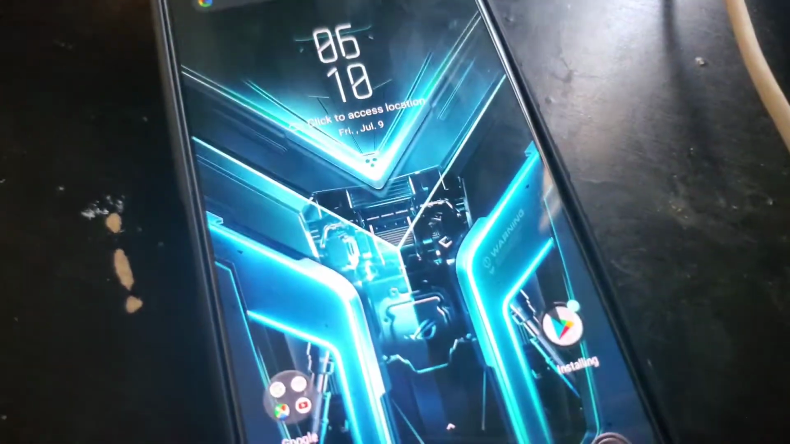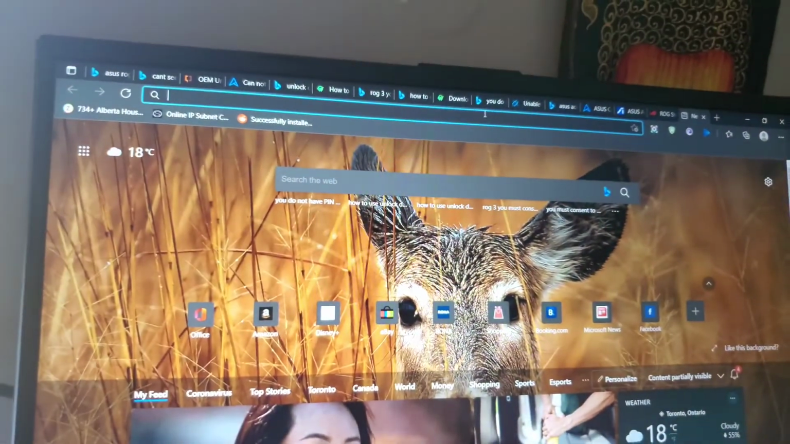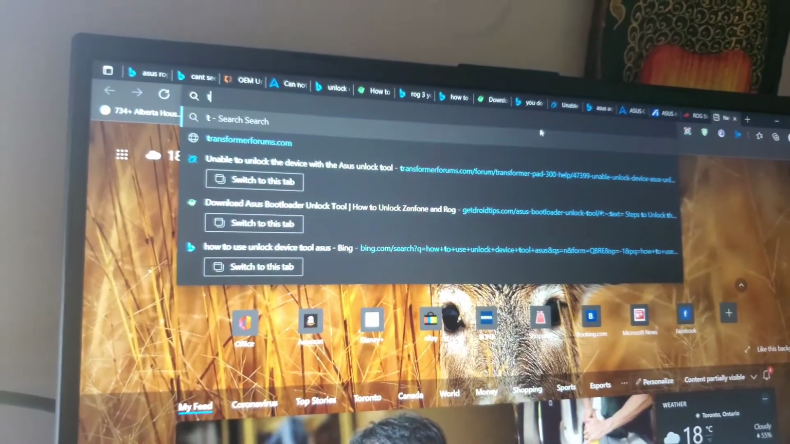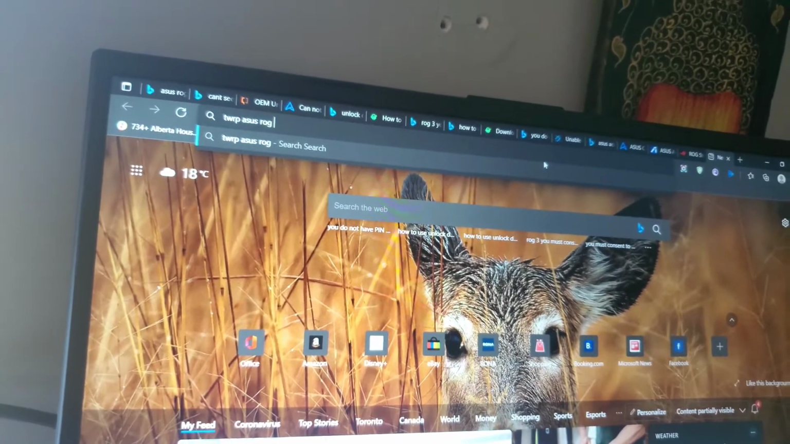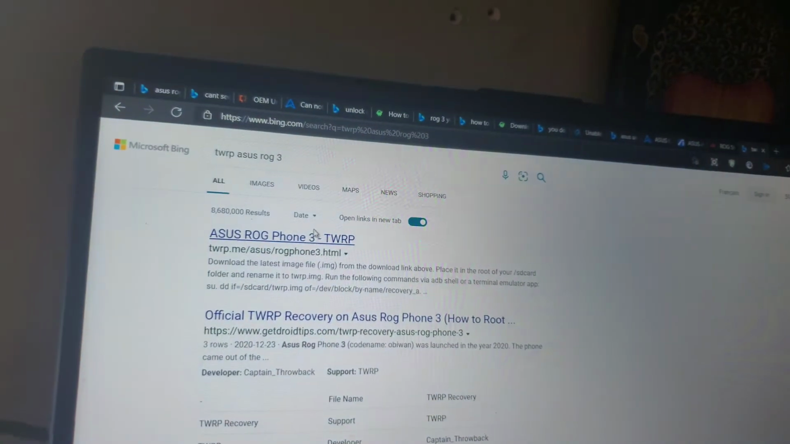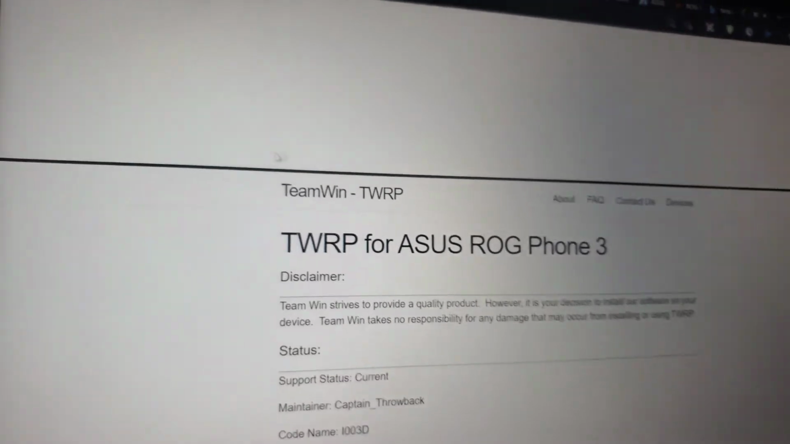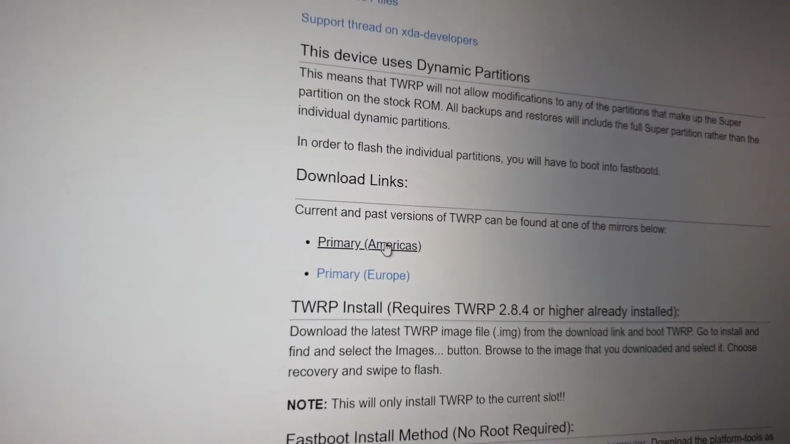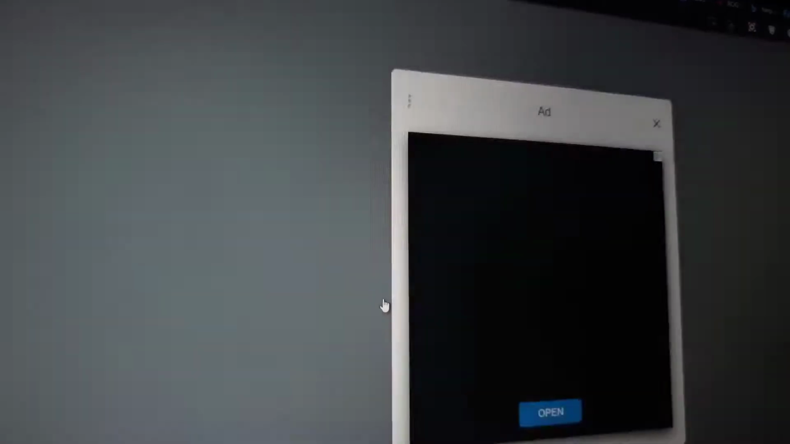Okay, so now that we got that all set up there, now what we're going to do is find the TWRP file. So we're going to type in TWRP Asus ROG 3 and hit enter. And then you'll see something like that come up. We'll click on that and scroll down. We're not using Google Play, so primary America, click on that, close the ad,